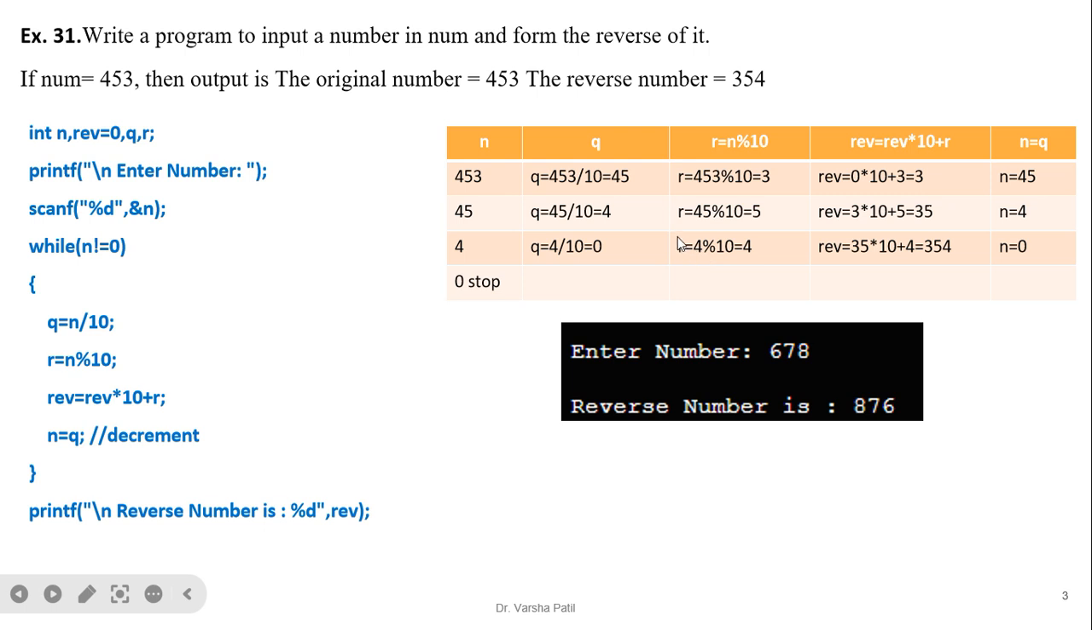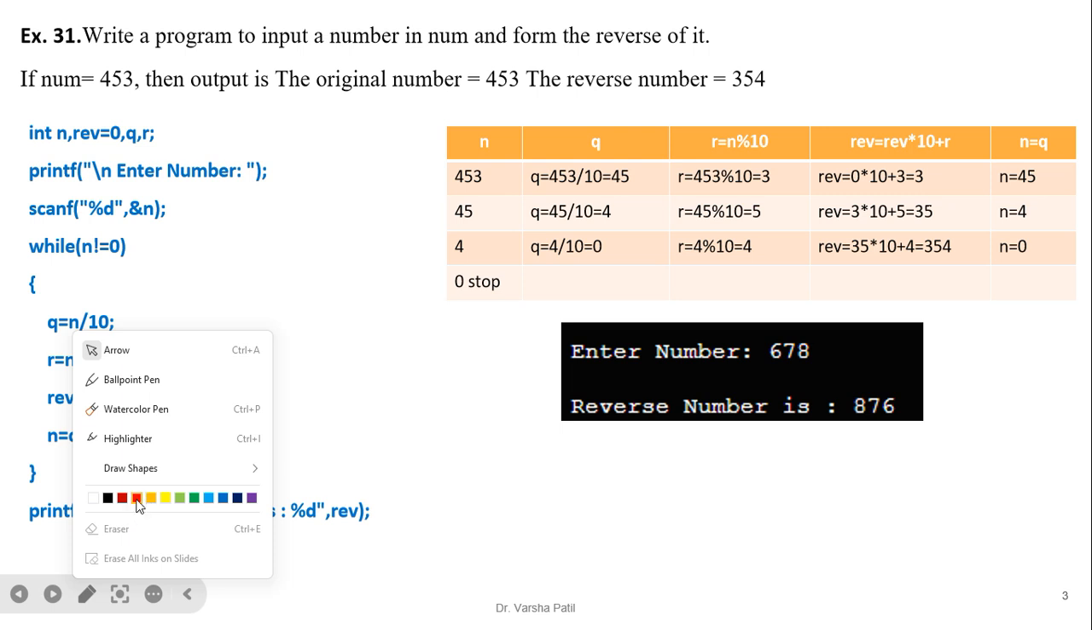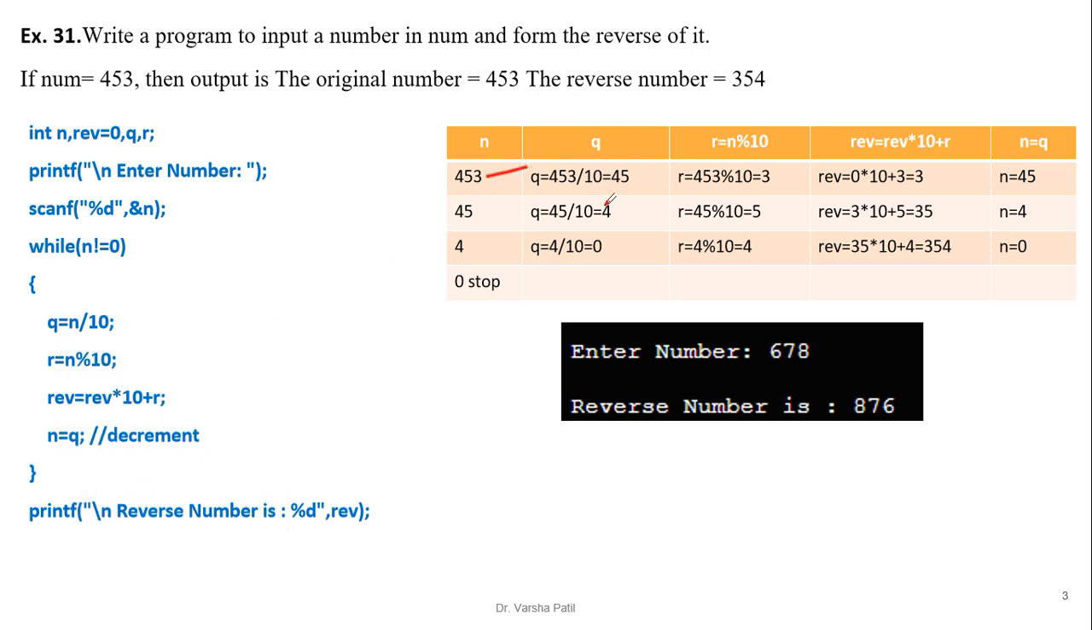Now here we are using the same logic that we have already used in our previous video, that is quotient and remainder. Now we only need to remember this formula: reverse is equal to reverse into 10 plus r, and reverse is initialized to 0. This is 453, 45, 3, reverse into 10 plus r. Initially reverse is 0, 0 into 10 plus 3 is 3, then the number is decremented, that is n equal